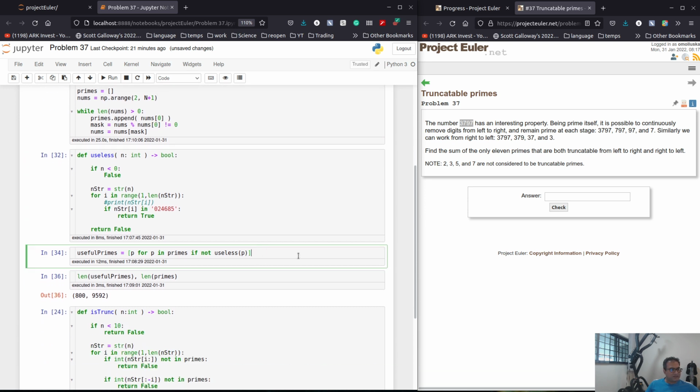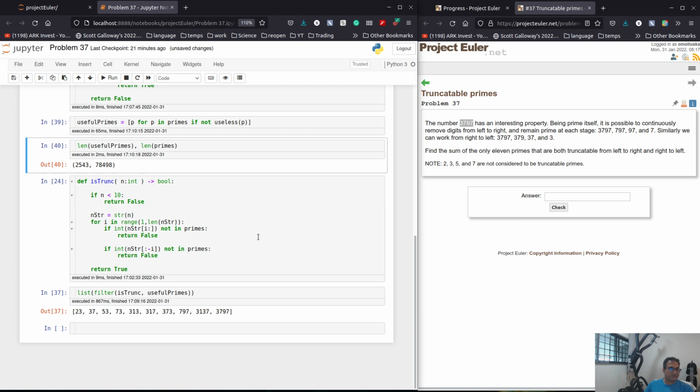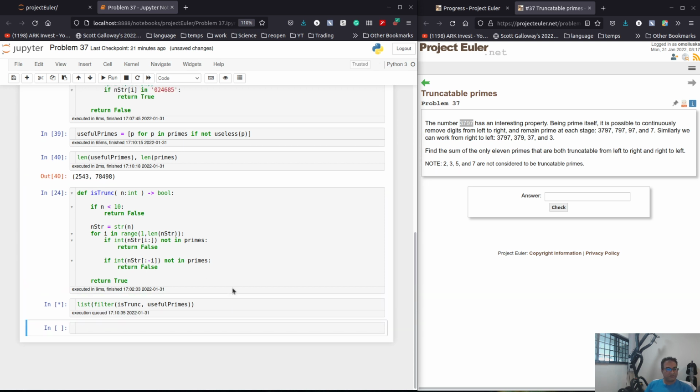And let's find the useful primes. Okay, that was fast. 2,543 instead of 78,000. Okay, so this is where it's going to shine. It's 2 orders of magnitude lower. Okay, let's see whether we are able to find useful primes. It's probably going to take 2,000. So used to be about 1,000. Maybe it's going to take 10 times